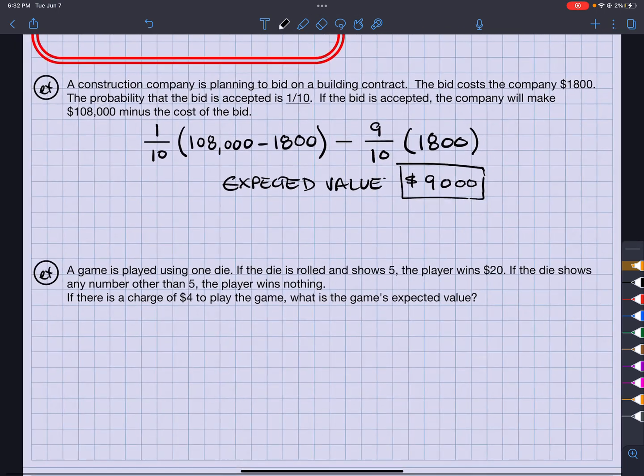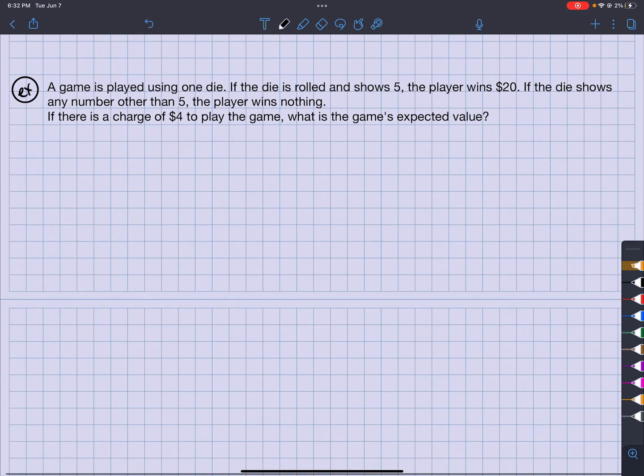All right, so last one. A game is played using one die. If the die is rolled and shows a 5, the player wins $20. If the die shows any number other than 5, the player wins nothing. If there is a charge of $4 to play a game, what is the game's expected value? Okay, so